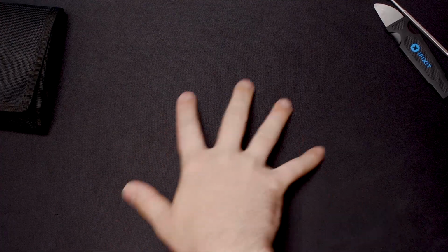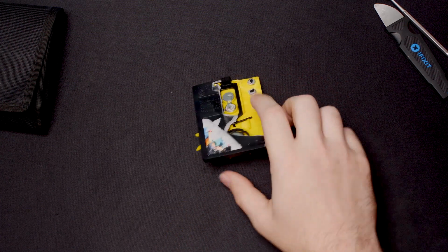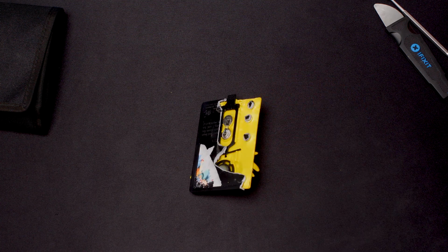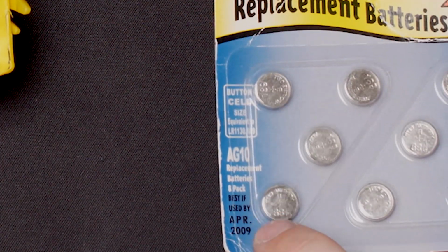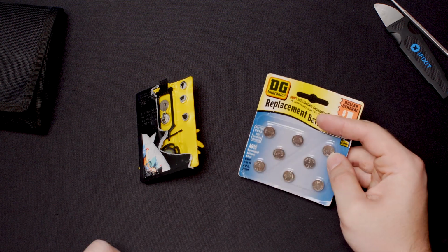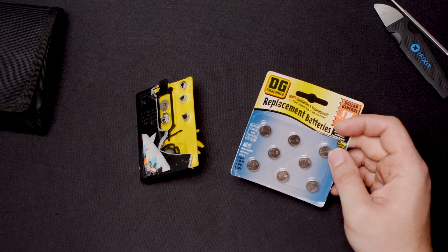There we go. Just had to clean up the desk a little bit, get rid of some of that plastic shrapnel. Alright, so upon looking at the batteries, you can see that these are AG10 watch batteries. And very fittingly, best by April 2009. The only AG10s that I've got are, well, they're 9 years newer,